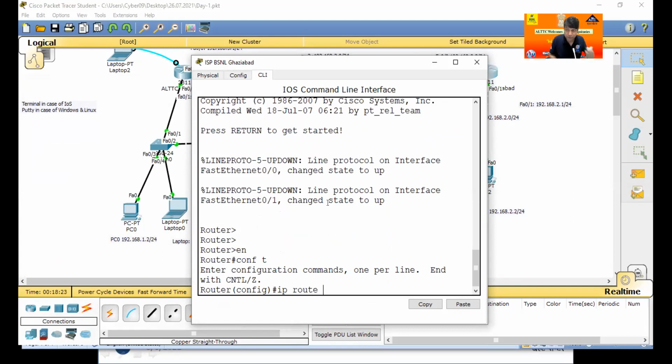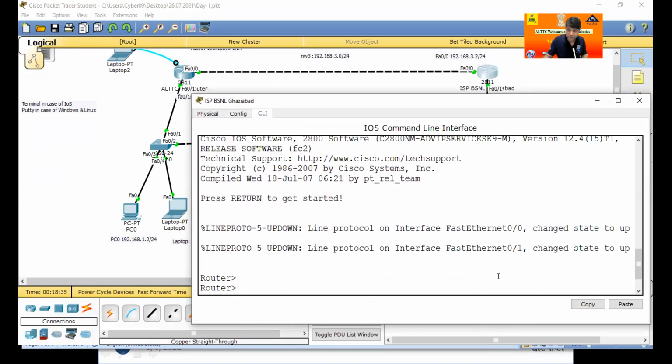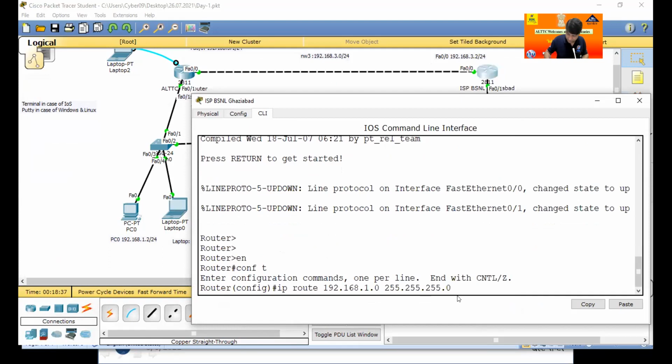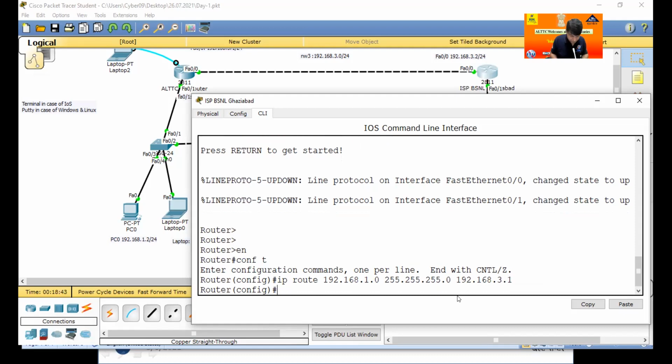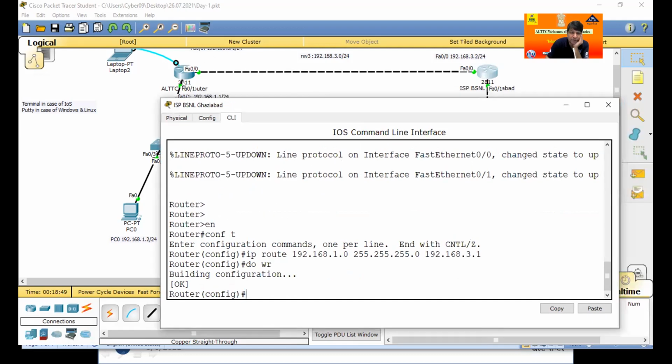Just instruct my router to go to 192.168.1.0, space. Which port ID? This is the port ID, 192.168.3.1. Do write.